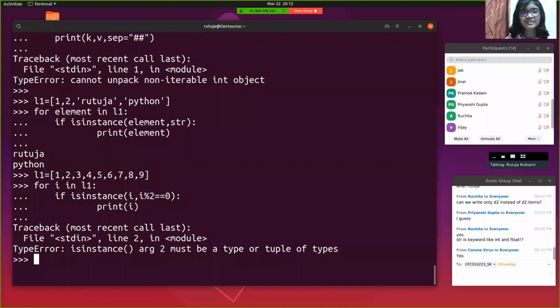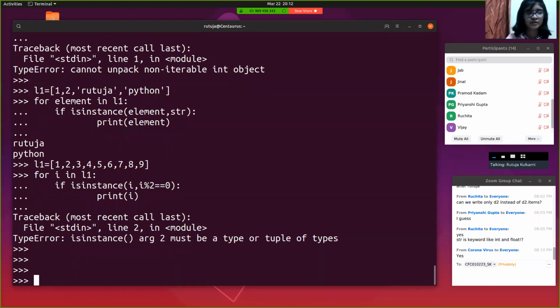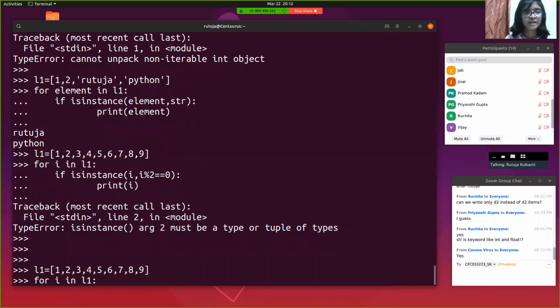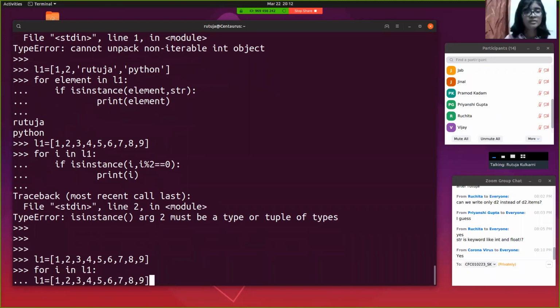isinstance is basically used to check the data type. So if you want to write this code in other ways, it can't be done in this way. So we will simply apply a for loop in this way. Okay, I'll leave some space for you for better understanding of the error we have got. I'll try to solve it in other ways right in front of you. For I in L1, we don't have to actually mention isinstance here. We'll just do this: if I mod 2 equals 0,